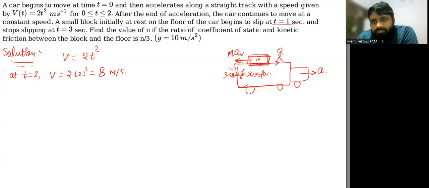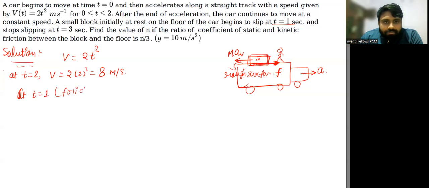So this pseudo force will be compensated by, or equalized by, the friction force. But this friction force has a limiting value. Static friction initially has a limiting value. So at 1 second it begins to slip, which means at 1 second this friction will act as a limiting friction. So at that time, at t is equal to 1,